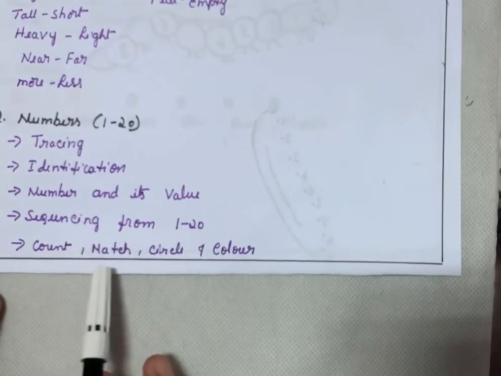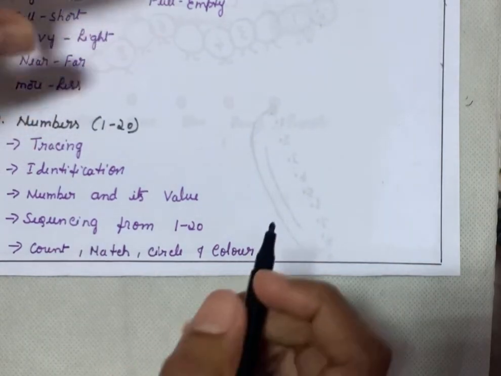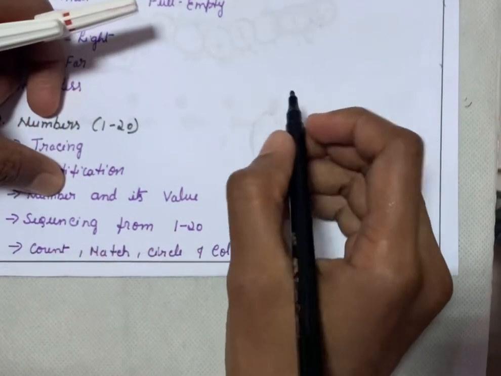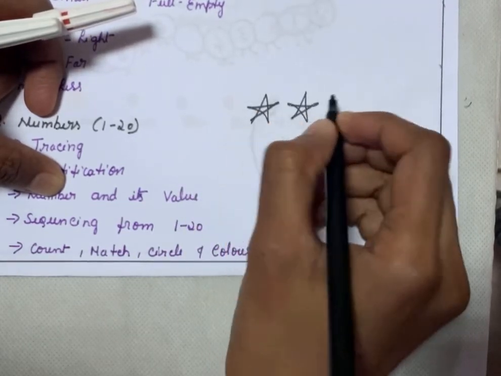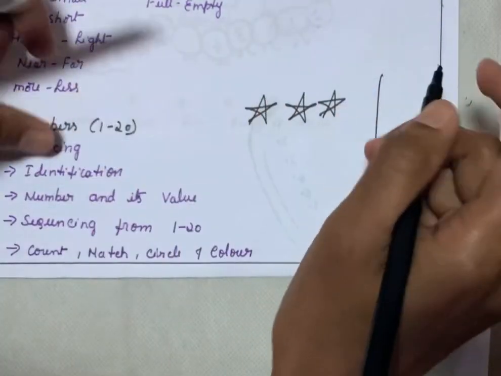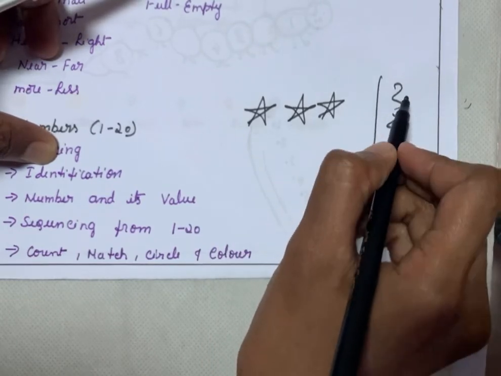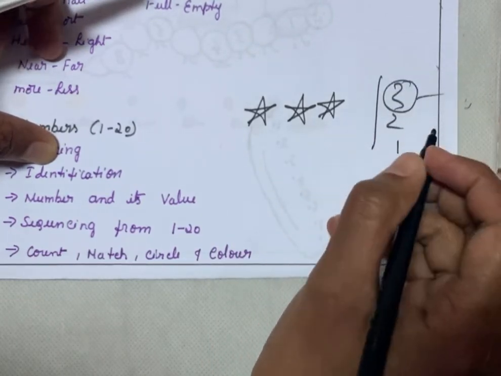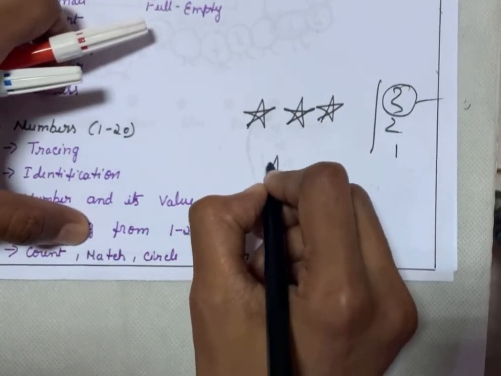Next comes count, match, circle and color concept. To make them understand this concept, you can create these types of worksheets, like draw some objects and give multiple choices like 3, 2, 1. So they have to count them and match with the correct answer. Similarly, this is for count, and for match you can use